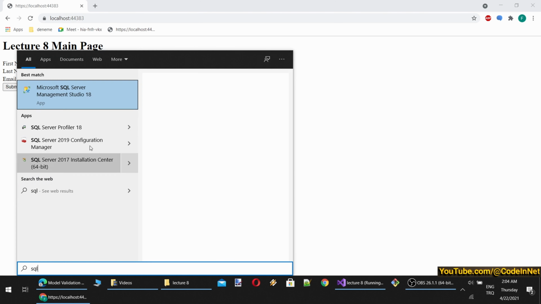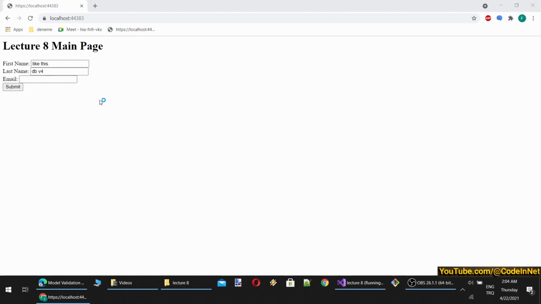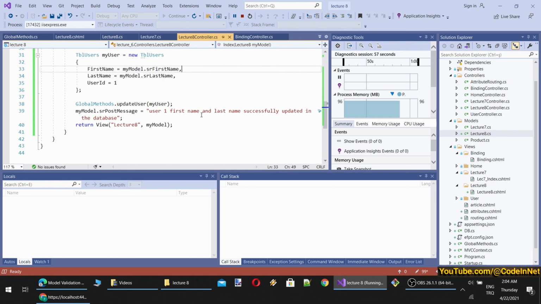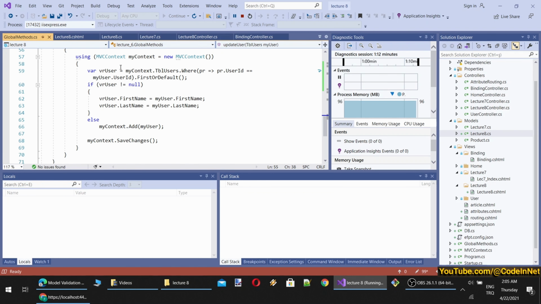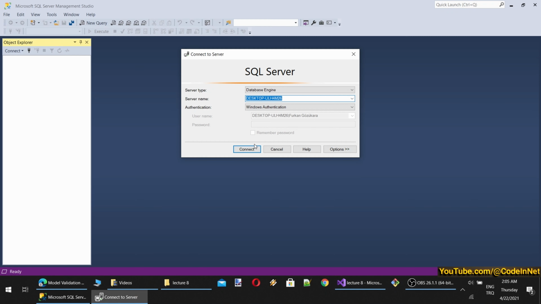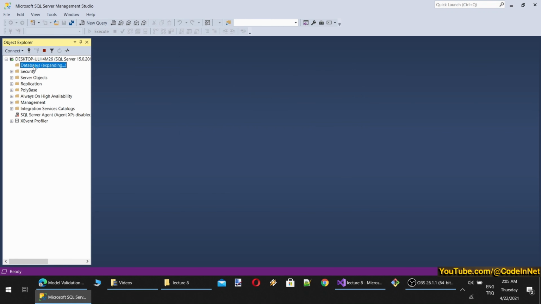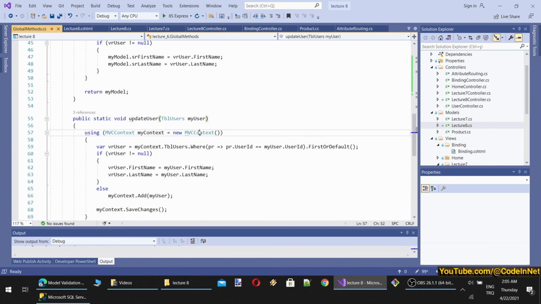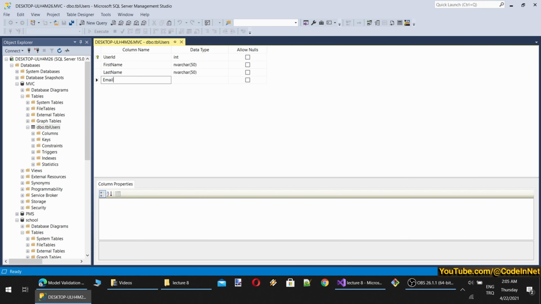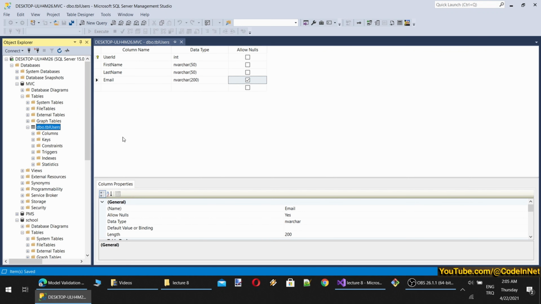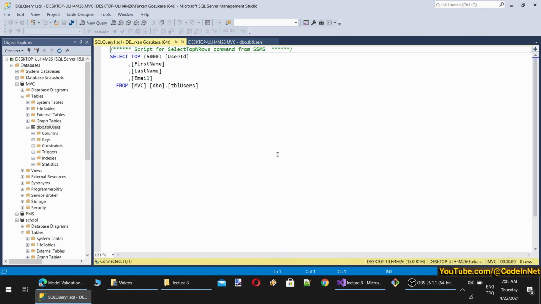Let's open our SQL Server. I will add an email column and it will be nullable. Therefore, when I do the update, it should work. Oh, I also need to update my context, of course. I will do that as well, so it will also be useful for you to remember how it was done. It was, no, not this one. Okay, MVC, yeah, it was our MVC here. Let's design and add email. I will make it nvarchar 200 and it will allow nulls. Therefore the existing users will get a null value in their email address like this.